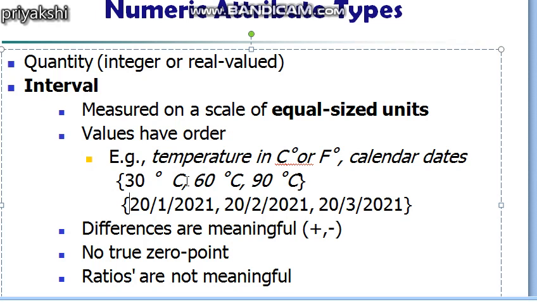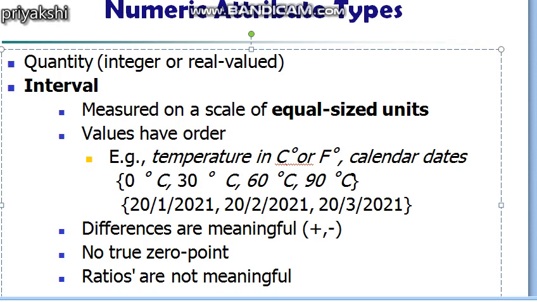in case of an interval scale attribute. The next point that you are going to see is that there is no true zero point. What do we mean by this? No true zero point tells us that if I write here 0 degree centigrade, the temperature value in Celsius or Fahrenheit does not start from 0 degrees. It may be a negative value, it may be a negative temperature. So there is no true zero point in case of an interval scale variable.